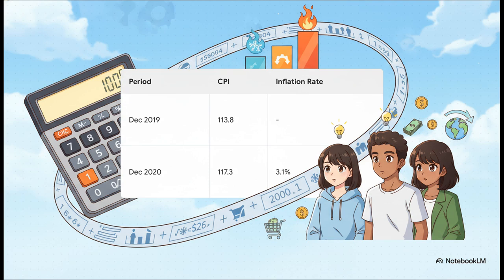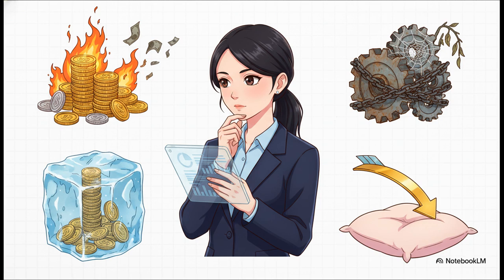It takes all this abstract math and grounds it into a concrete percentage we can all easily understand. But as you probably know, inflation isn't always just a steady 3%, and the extremes are incredibly distinct. Hyperinflation literally destroys economies. That's when inflation is excessively high and persistent. Then there's stagflation, which is just a nightmare scenario. It's a paralyzing mix of high inflation, high unemployment, and stagnant economic growth. Deflation is a continuously falling general price level, so essentially negative inflation. And finally, disinflation just means prices are still rising, but at a steadily declining rate.